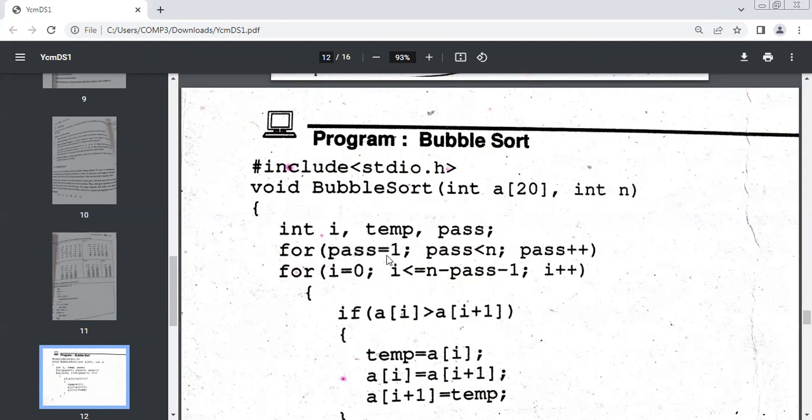पास 1 से हम स्टार्ट करेंगे और नंबर ऑफ पासेस हम परफॉर्म करेंगे, जितने भी नंबर ऑफ एलिमेंट्स है लेस देन 1 नंबर ऑफ पासेस परफॉर्म करेंगे. हर एक पास में हमें हर एक एलिमेंट को दूसरे एलिमेंट के साथ कंपेयर करना है. अगर फर्स्ट एलिमेंट इज ग्रेटर देन सेकंड एलिमेंट देन परफॉर्म करना है स्वैपिंग. स्वैपिंग में फर्स्ट एलिमेंट हमें सेकंड की जगह पुट करना है और सेकंड एलिमेंट हमें फर्स्ट की जगह पुट करना है. So this is the technique which is used in bubble sort